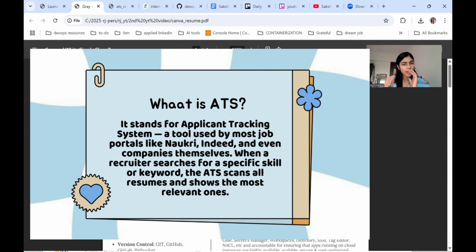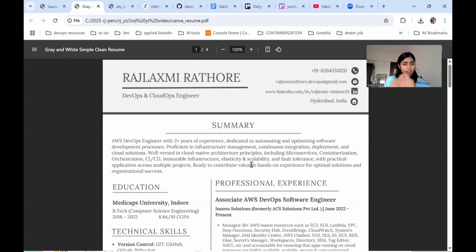That means if your resume is not ATS friendly, then it will never reach the recruiter. So the first thing that you have to ensure is your resume should be ATS friendly.